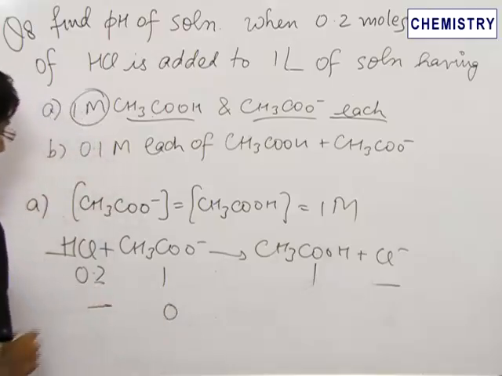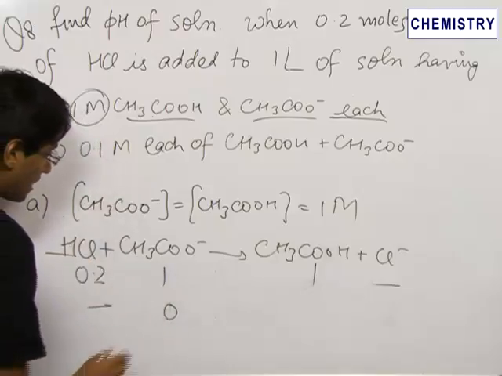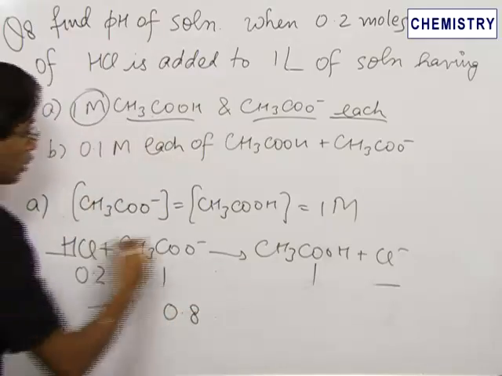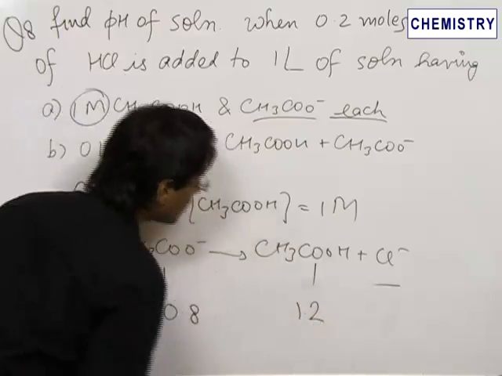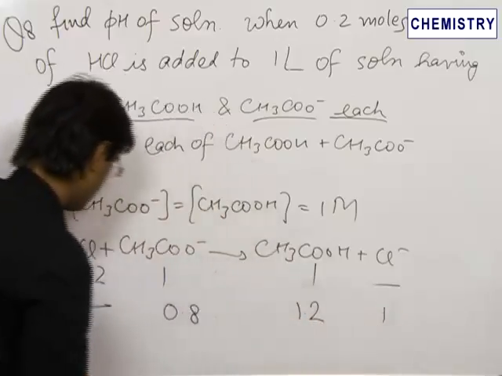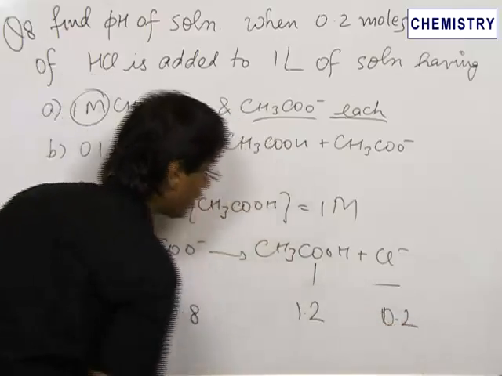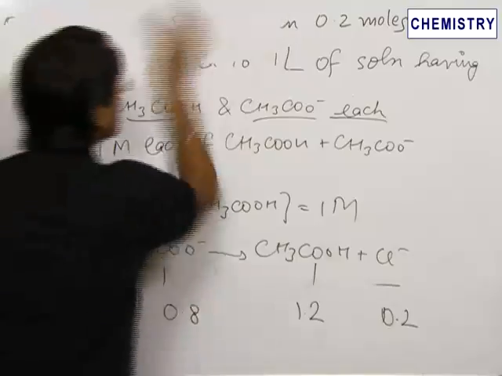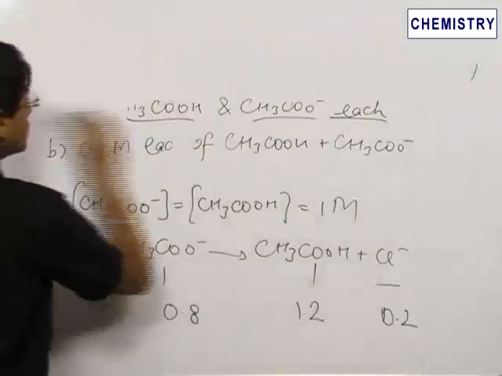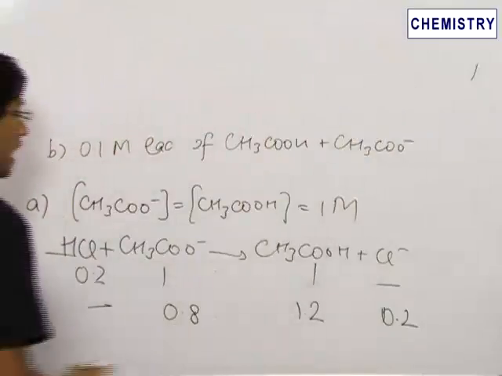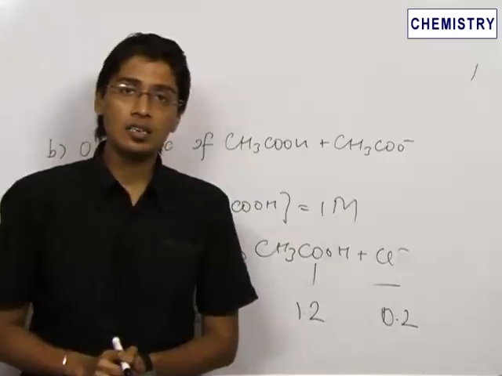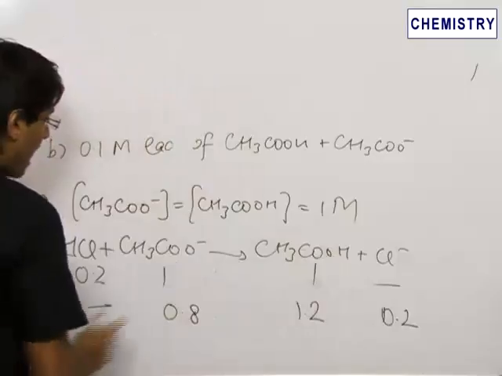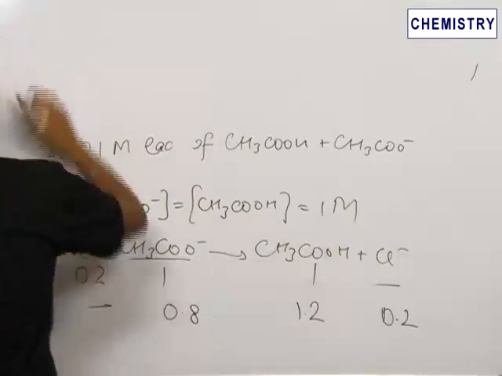If 0.2 moles of HCl reacts, then 0.2 moles of CH3CO2 negative ion will also react. So 0.8 moles will be left and 0.2 moles of acetic acid will be formed. This will be 0.2. Now the final solution which we have is comprising of 0.8 moles of acetate ion and 1.2 moles of acetic acid. So here a buffer is being formed between acetic acid and its base,